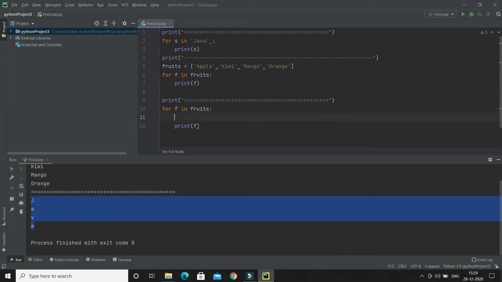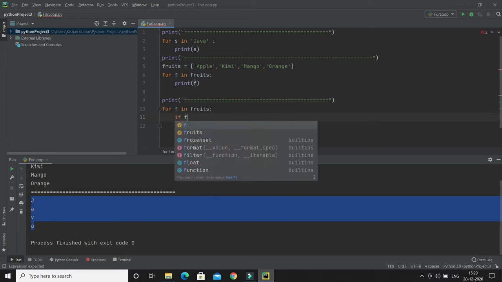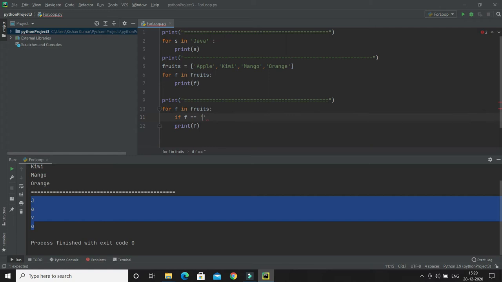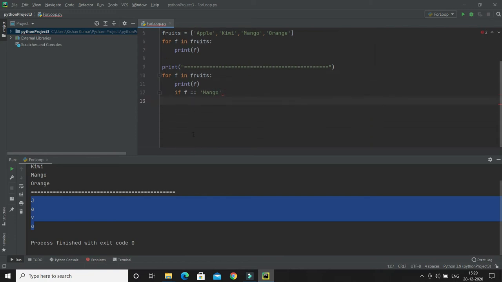I would like to put some break condition. If I get a fruit name as mango, then I would like to exit from the loop. Sorry guys.